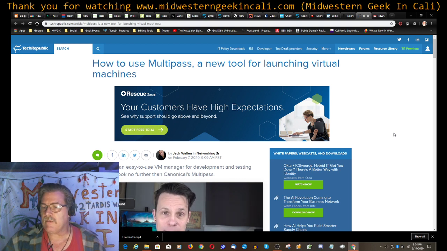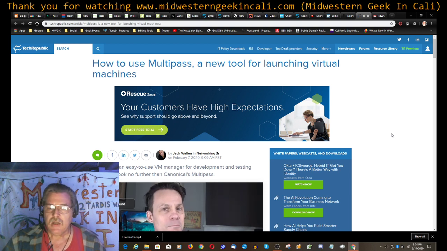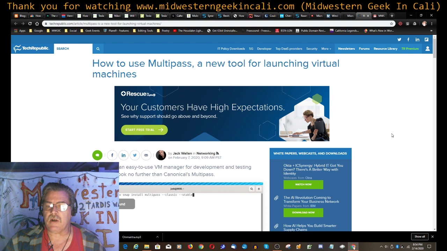It's like having two, three, four, five computers in one. Microsoft has their own version. It's called Hyper-V. There's another common one out there called VMware. And this is one from Linux.